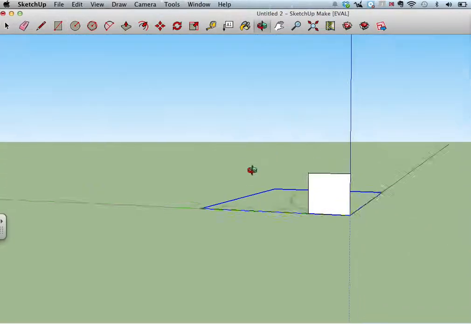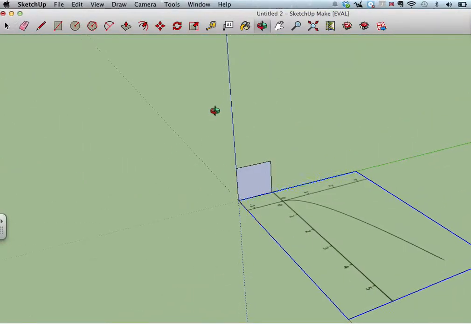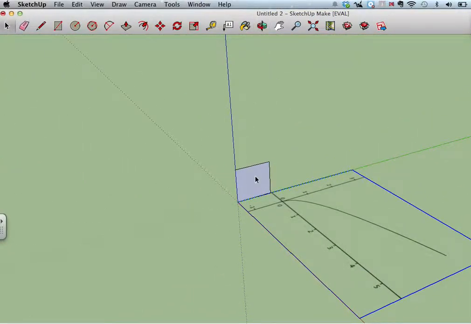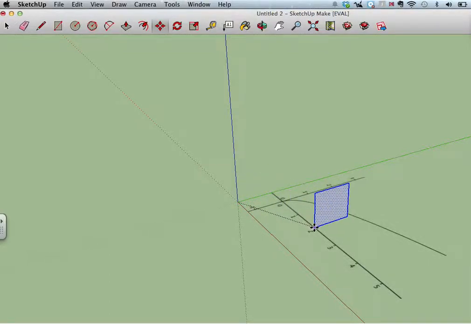Going back to my orbit tool, and now I'm going to use my arrow to click this thing. And I'm going to click and drag so that it highlights all in blue here. Got a face on these sides. I'm going to use the move tool, which is right here, and just grab this bottom corner and drag it onto my function until it looks about right width there. Okay? Grab the orbit again,